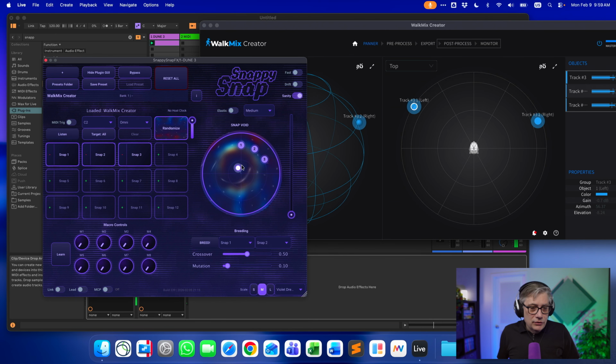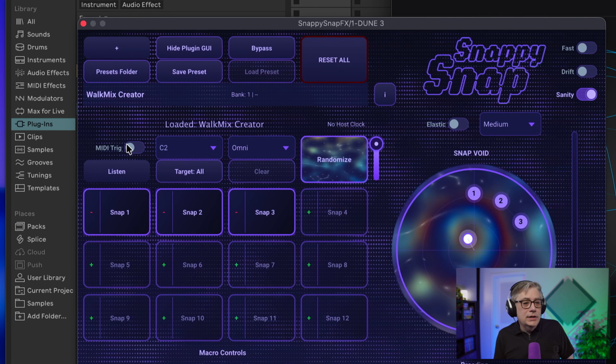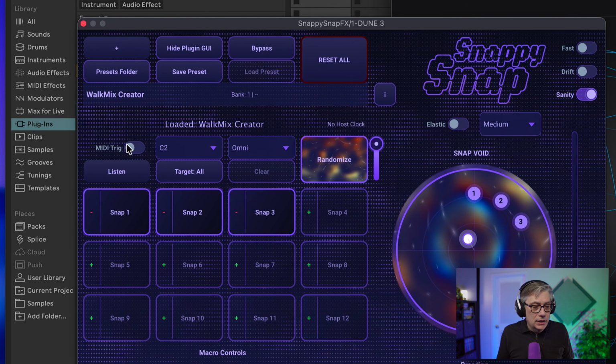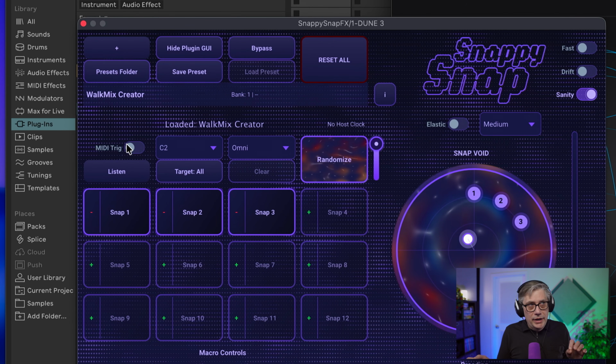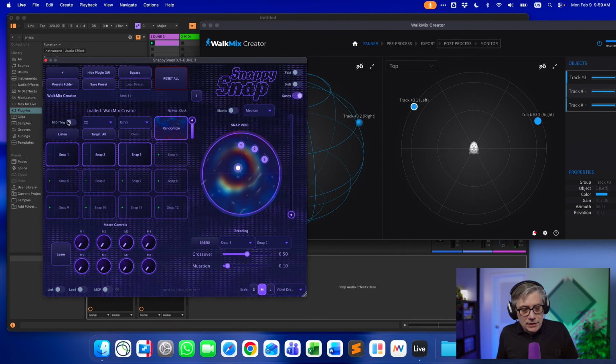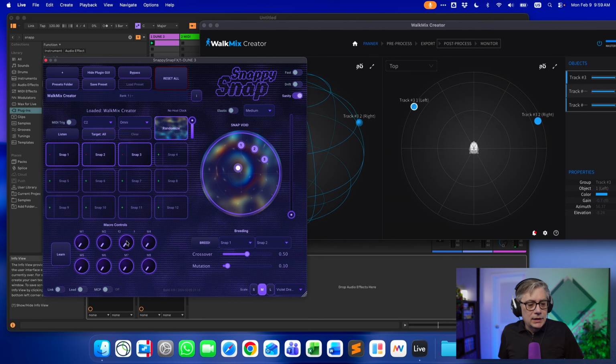Now, a couple of additional features that I want to point out. First of all, you can also use MIDI in order to trigger the individual snaps. So if you want, you can use a separate MIDI track that holds the information when the object should move into certain positions. This is actually really, really comfortable. And then there are also a couple of other options that are probably not going to be that particularly useful for our particular application.